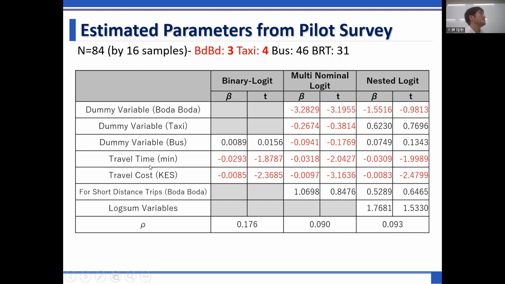When you compare the binary logit model, the multinomial logit model and the nested logit model, the parameters are estimated. And please note and understand the travel times and travel cost. The parameter beta is a negative value. Yes, it is a very important item. If this value is positive,